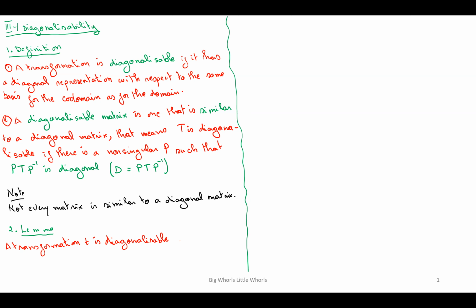A transformation T is diagonalizable if and only if, of course, there is a basis B, made of beta 1, beta 2, up to beta n, and scalars, our eigenvalues, lambda 1, lambda 2, up to lambda n, such that